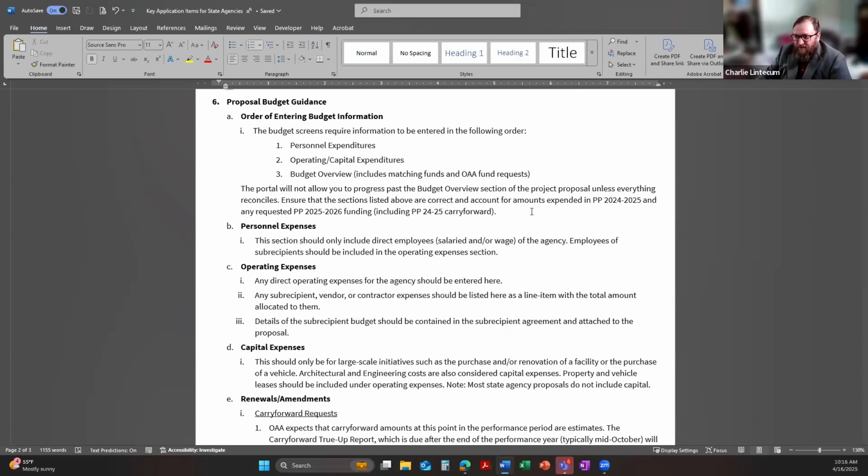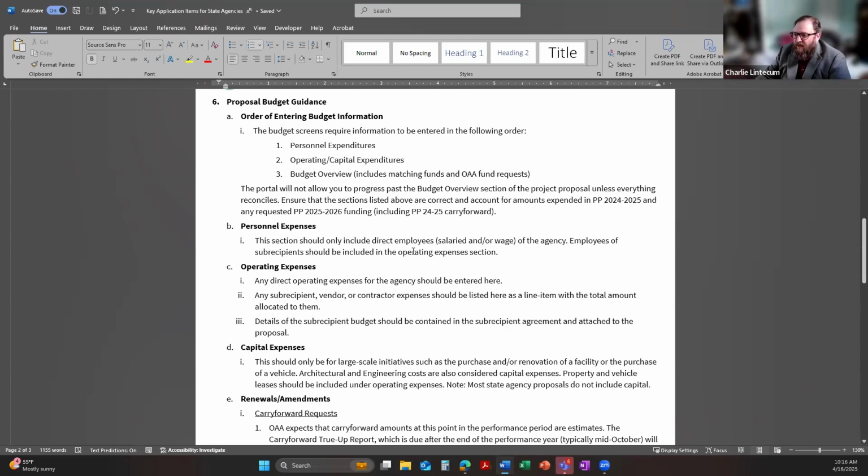Also, if you see something that looks like it may be an issue with the amount showing for your current year award, please let us know. There have been some errors we've had to correct on our side from historical data entry, as well as some issues we've had to work through with our vendor. Because of the timely nature of these proposals, anything our vendor needs to work on, we'll be putting up as their top priority to get resolved so you all can get back in there and do what you need to do.